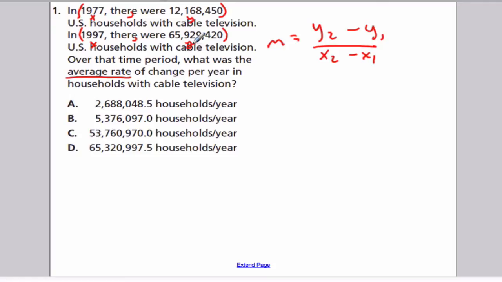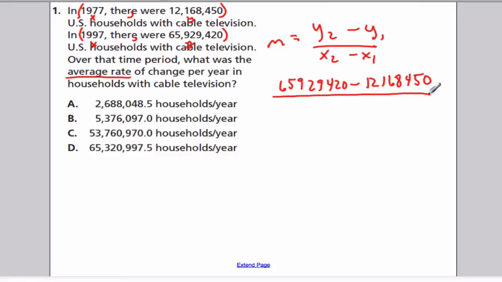So let's start with the 65,929,420 minus the second y coordinate, which is the 12,168,450,